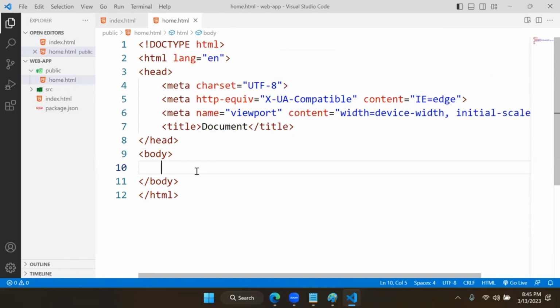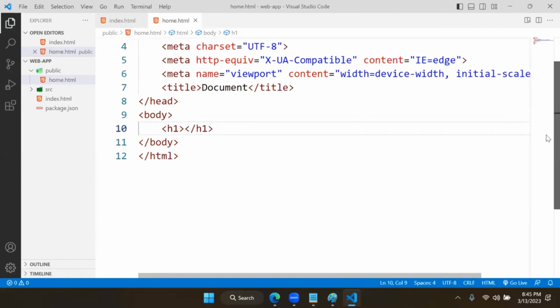I want React to load and put some welcome message in some paragraph, or in a div, or in a heading. Your wish, you can put any container, right? I want to put some welcome message here. But very important is React cannot work if JavaScript is disabled. Many times people ask this question. If JavaScript is disabled, can